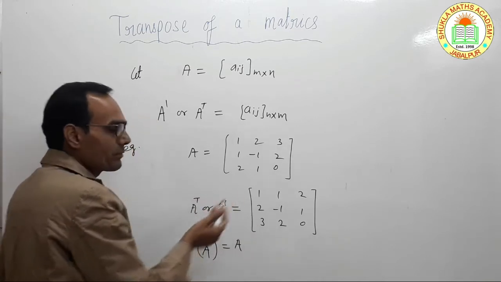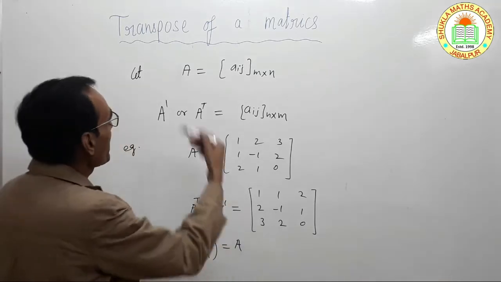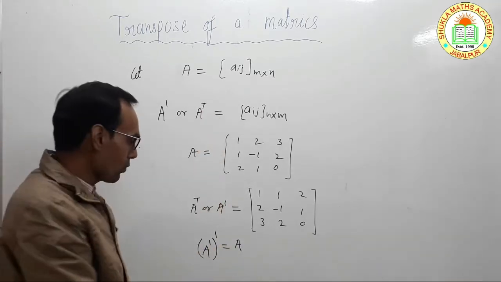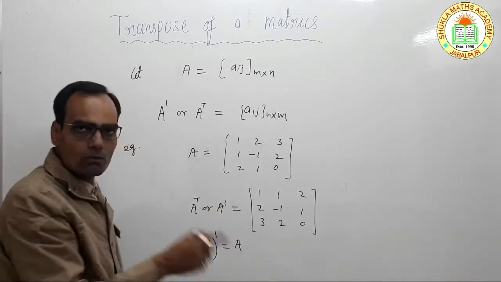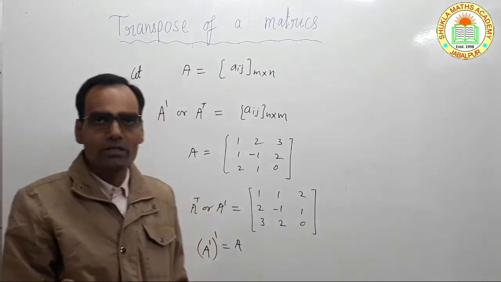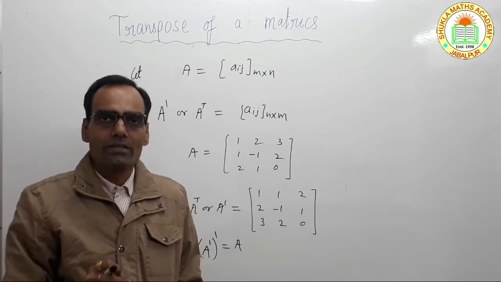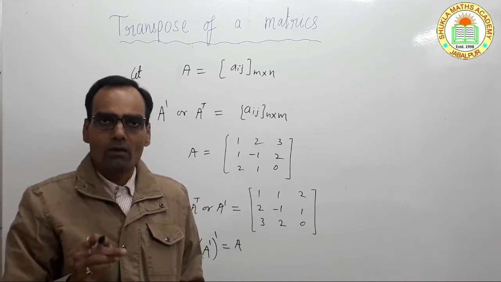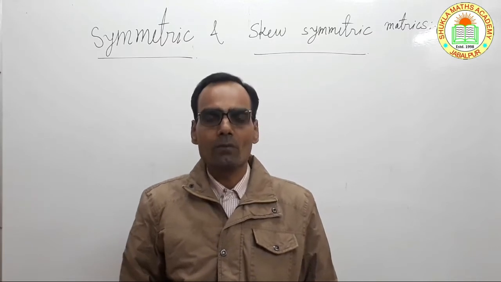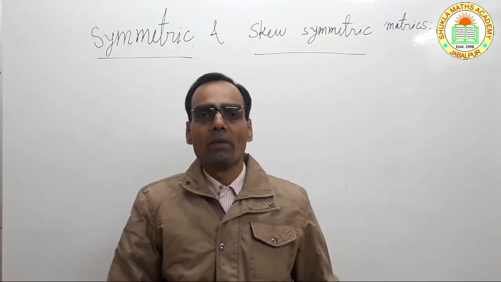यहाँ पे आप देख सकते हैं, यदि जो हमारा AT है इसका हम फिर से ट्रांसपोज लेंगे तो हमें जो मैट्रिक्स A है वापस वो मिल जाएगा. सो A डबल डैश इज आल्सो A. सो दिस इज द प्रॉपर्टी ऑफ ट्रांसपोज मैट्रिक्स एंड यू कैन इजीली फाइंड ट्रांसपोज ऑफ एनी मैट्रिक्स बाय चेंजिंग rows into the columns. And now after that we will discuss about the symmetric and skew-symmetric matrices.